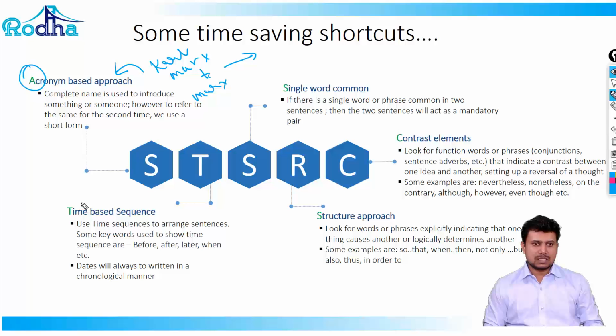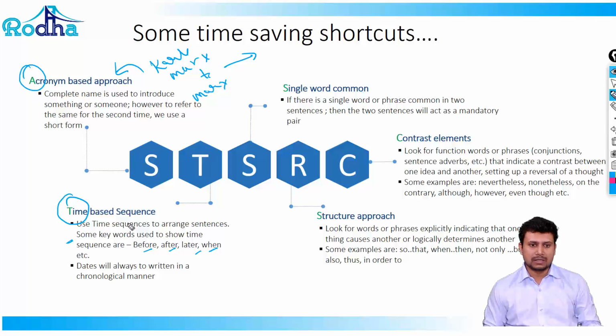The other argument that's commonly asked is what is called the time-based sequence. Now, as we have done in the previous part also, chronology is the point that is asked in a lot of questions. Ensure that you use time sequences to arrange sentences. Some keywords are before, after, later, when, etc. So these basically give you a time-based sequencing and it helps you to figure out the links between the sentence